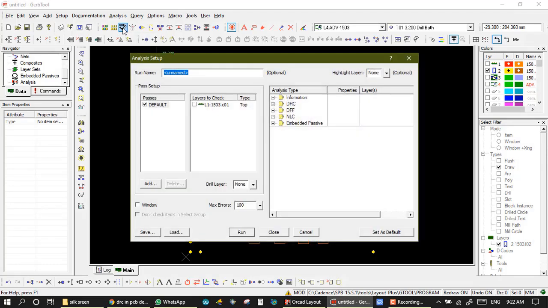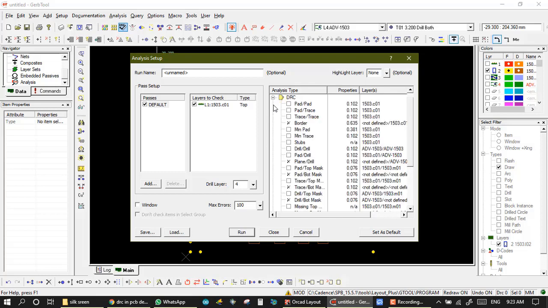So we open it, and DRC passes is default. First we set the drill layer. Here click, and our drill layer is the fourth layer. Now we set the active layer, and the layer to check is always the copper layer. If it is a single side job, then we take the top layer. If it is a double side job, then there are two layers, top layer and bottom layer. But here we take a single side job as the example, so we have one layer and it's the top layer. So we select it, and after this we set DRC.